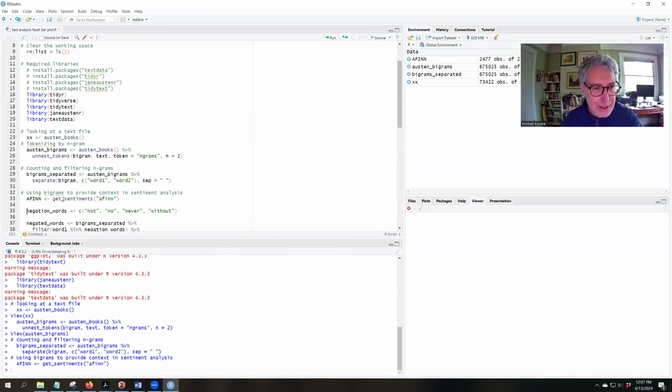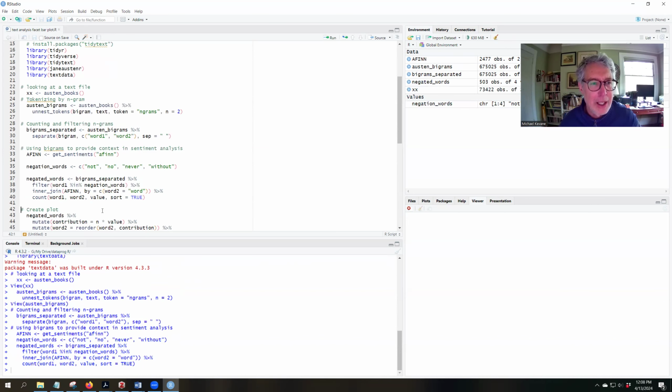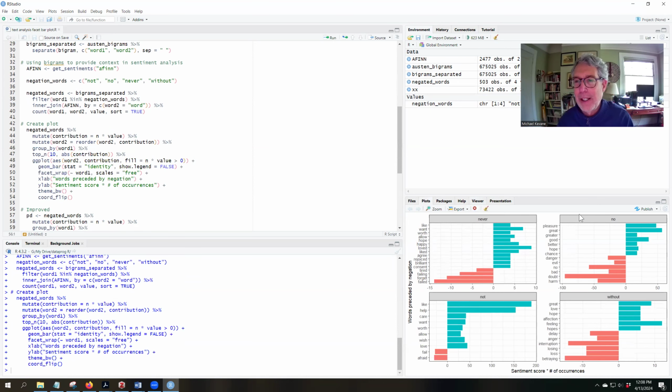I might use a sentiment index. When you first run this, you will be prompted to confirm that you actually want it by typing 1 in the console. Then I'm going to generate a vector of 4 negation words: not, no, never, without. Then I'm going to see what are the common words that follow these negation words. And there's my